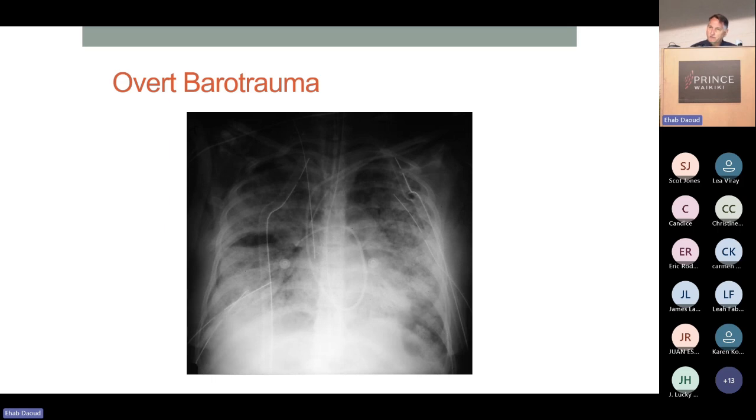This is somebody from before the current era who was referred to our program in about 1990 for ECMO. She had been ventilated for 18 days with high tidal volumes, high PEEP, and high FiO2 as well. Incidentally, she probably would be excluded these days from our program because of the length of time on the ventilator, but we went ahead and did it, and she recovered after 28 days and had a normal chest x-ray and